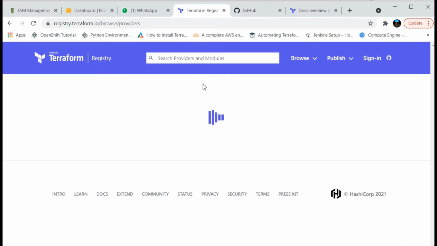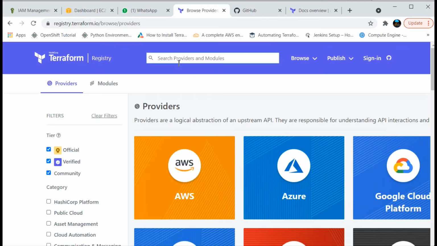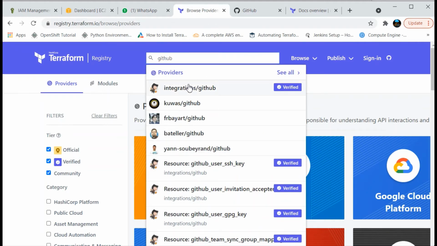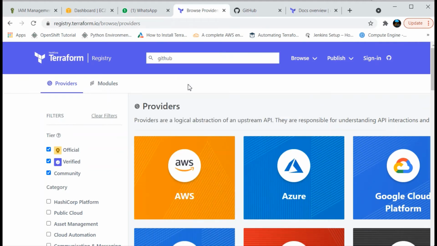So, browse providers. Once you get the providers, search as I mentioned: a few are verified, a few are official, a few are community, and the HashiCorp platform maintained ones, you will get all that here. I'll just search for GitHub. It's a verified one, so let us take that.